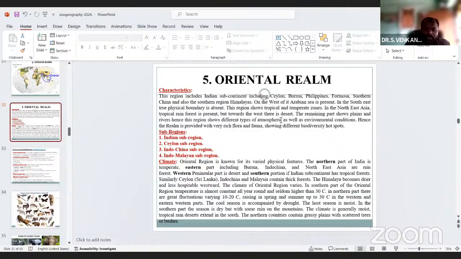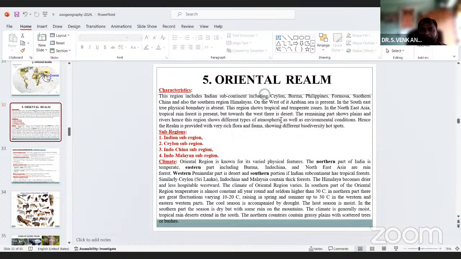The cool season is accompanied by the hottest season; in the southern part the season is dry but with some rain and in the mountains. The climate is generally tropical rain, deciding the extent of the south and the northern countries, with scattered trees to bushes.